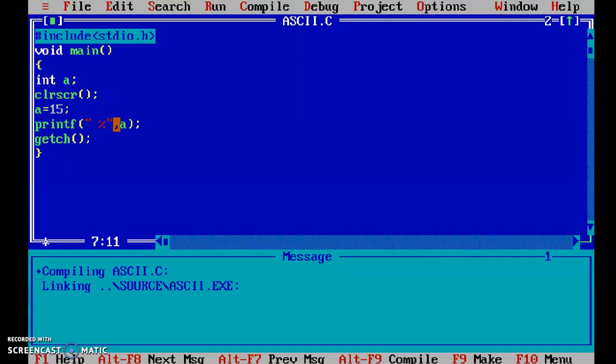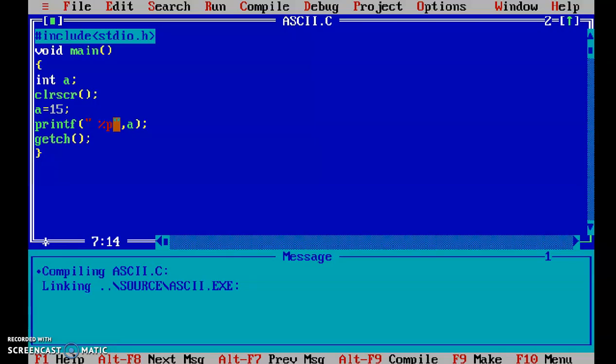In place of %d, you have to write %p. %p is a format specifier to print the address of a variable. Right? So we will check, is it giving us the correct output? See, it is printing something in the form of hexadecimal. So it is printing the address of a variable.